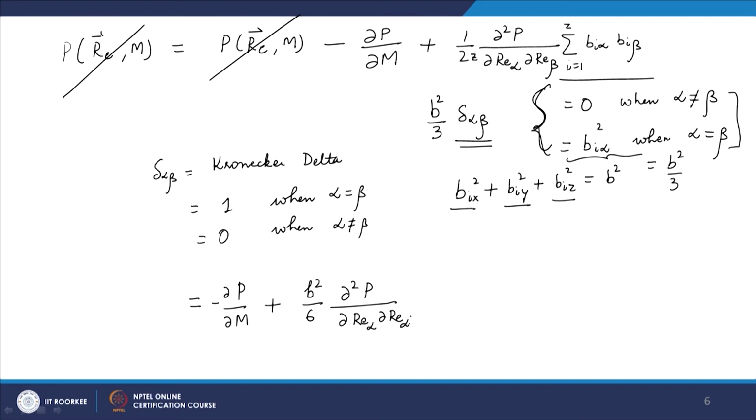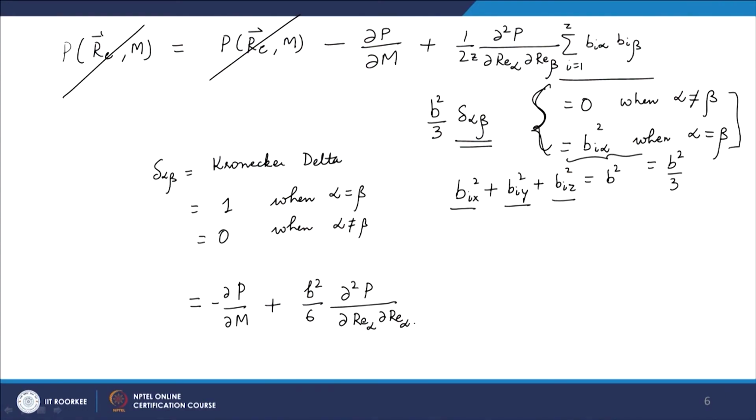The reason why we have got this is because once delta of alpha beta goes here, the product of that with the second order derivative will only be non-zero when alpha is equal to beta, and that is why I have put alpha equal to beta in this particular case, and this is equal to 0. So, that gives me